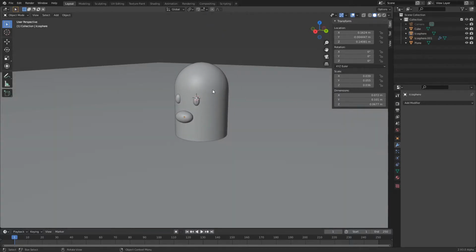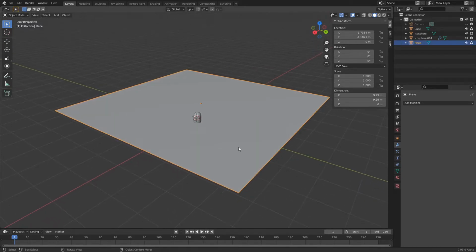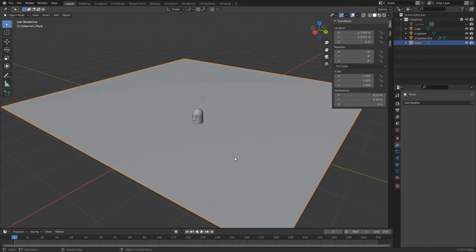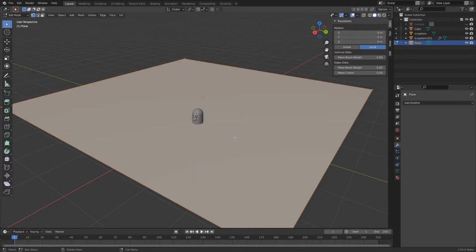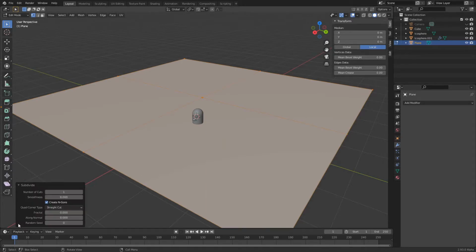So it's basically ready. Now we will put a little bit of attention to our ground plane, and basically we have to add geometry to it. So we press Tab, go to the edit mode, right click it, click subdivide, expand this menu, do it like 10 times, maybe 20